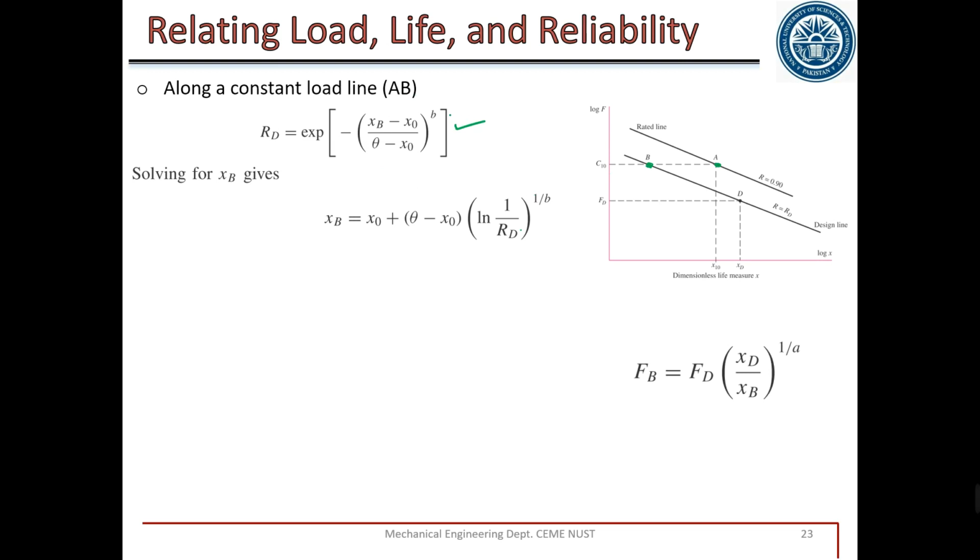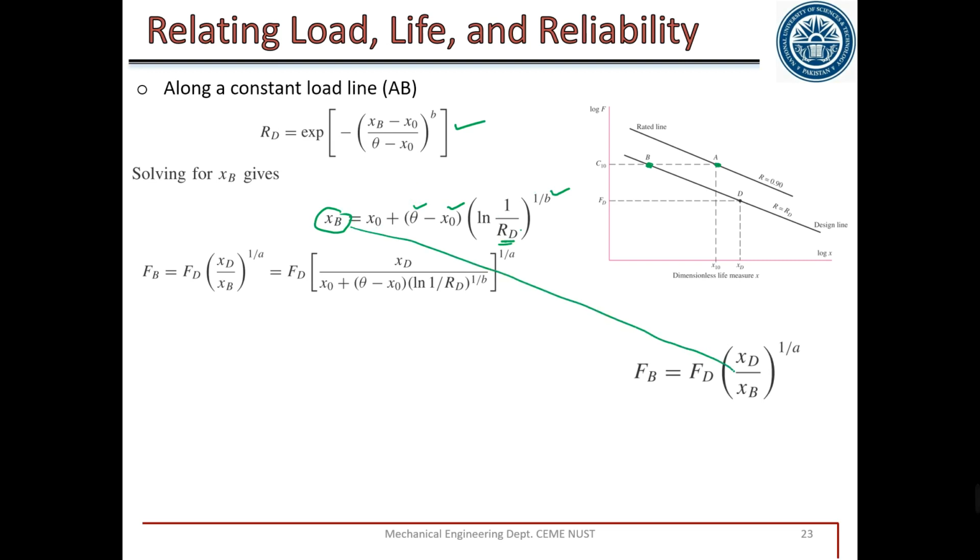But in this equation, we are using a non-dimensional, dimensionless quantity. So this is desirable reliability. The values of b, x0, and theta will be given by the manufacturer for any bearing. So we have the value of xB. Substituting this value of xB in this equation, we will get it. Now this equation has the value of B, the value of FD, and A. So this equation enabled us to move from A to B, and this equation enabled us to move from B to D. Or in short, we moved D to B and from B to A, and we got the value of C10. That is the required value we need.